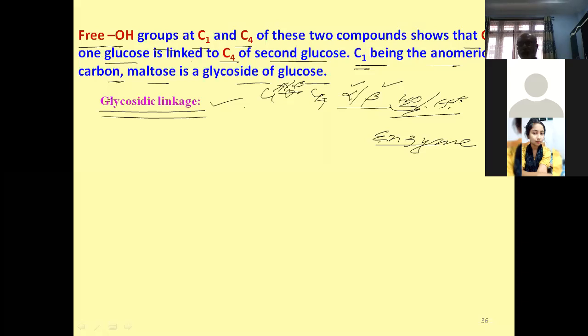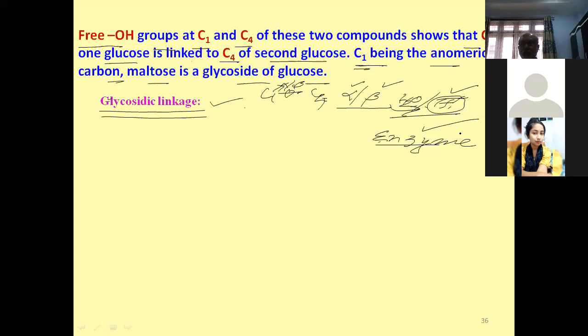Now, acid is a catalyst which cannot recognize whether it is alpha or beta. It will attack all. If there is an alpha glycosidic bond, it will attack; if it is beta, the acid proton has to go and protonate, and then hydrolysis will take place. So it cannot recognize whether it is alpha or beta, and it will hydrolyze both. But enzymes are very, very specific. An enzyme which hydrolyzes an alpha glucoside cannot hydrolyze a beta glucoside.